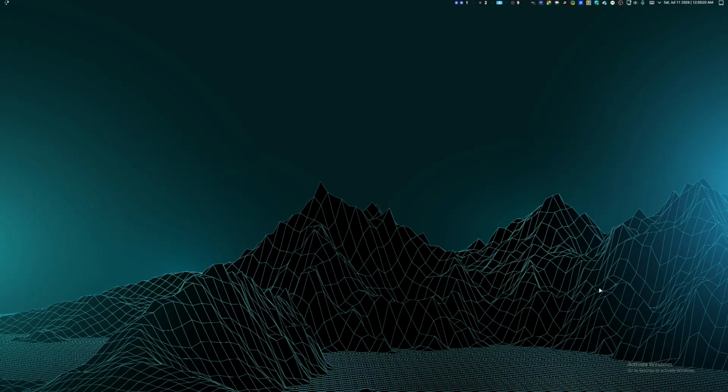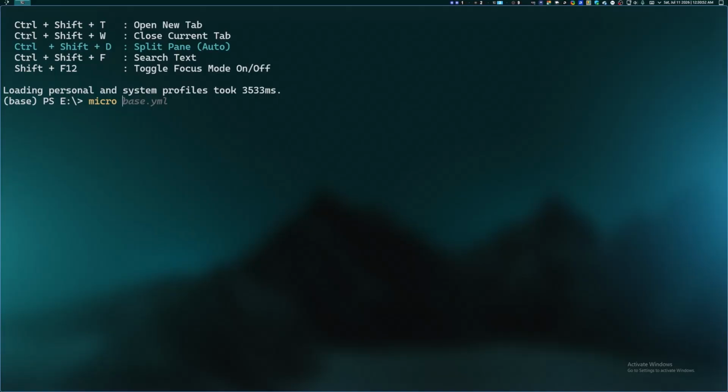Micro is basically a notepad. What you can do and how you can do it in Notepad, you can basically do in Micro. And this thing runs basically inside your terminal. So you get the visualization or aesthetics of the terminal. Let me show you. So let's say I want to create